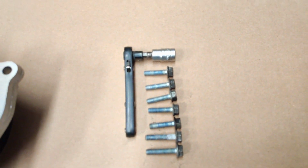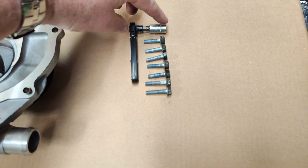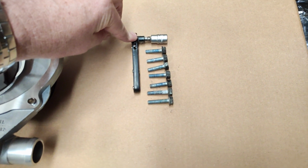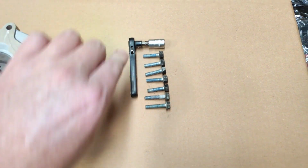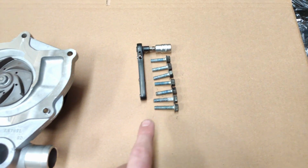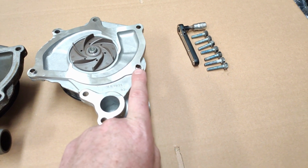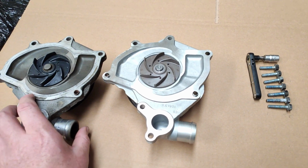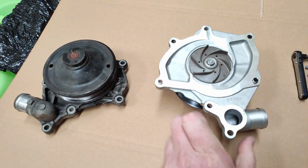This guy is very valuable: a 10mm small compact socket, little extension onto a tiny ratchet. It's very tight down in one of the housings to get it out. And you'll also notice that two of these bolts are longer. These two long ones actually go through these two here. So it's important to keep an eye on that. On the other side,